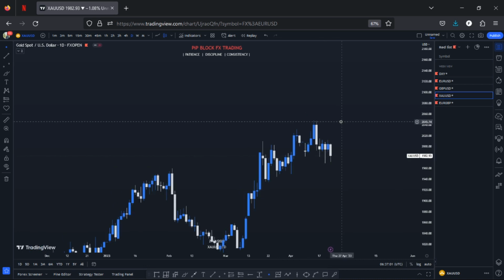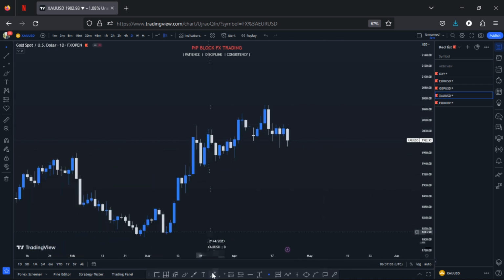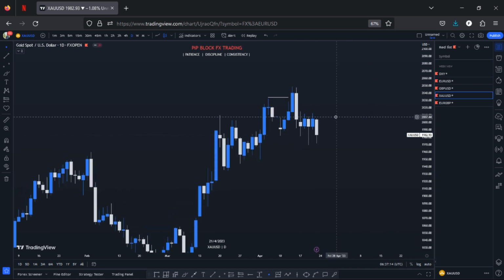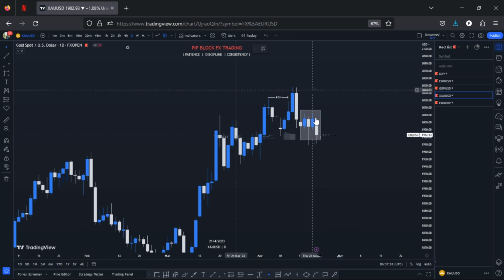All right. So what am I going to be expecting? So let me just mark out my break of structure right here. So we had a break of structure in the market, and then the whole of last week was actually a week where we had a lot of ranging in the market. But you know, gold with this ranging on the lower time frame, we can have some very nice moves. Okay, so that's where we got our moves in the market. Okay, so we had gold giving us some form of consolidation.